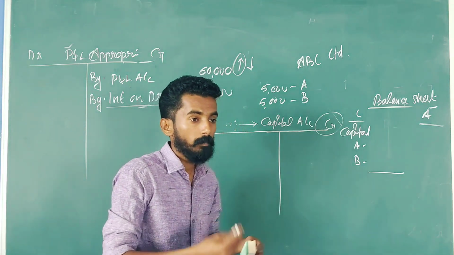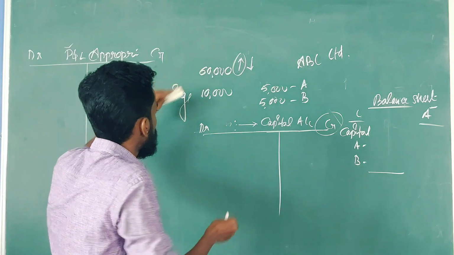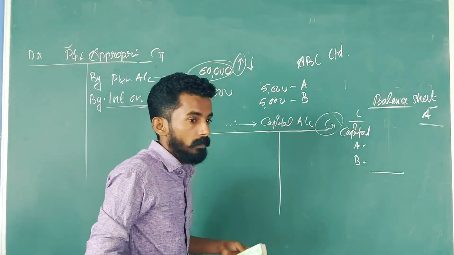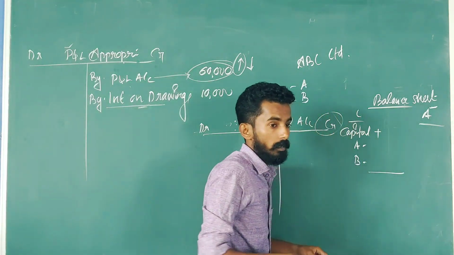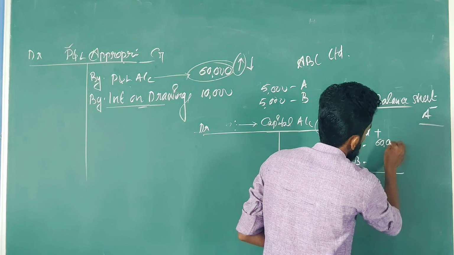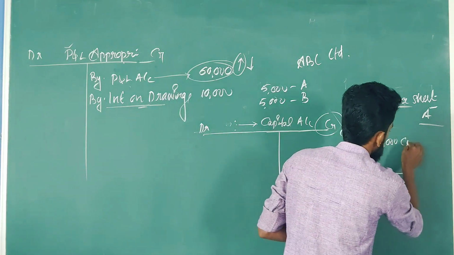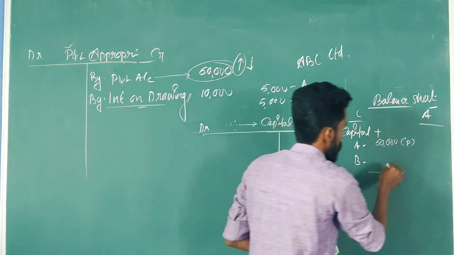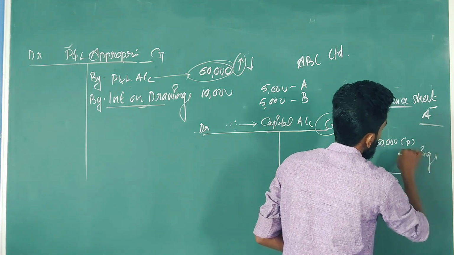Yes, we have completed this already, according to 11th class. Suppose you are getting 60,000 profit. Correct? What do we do normally? The 60,000 we are going to add along with the capital. Remembering or not? Yes, capital plus profit, drawings we are going to minus. So these are all the adjustments we have completed already in 11th class.